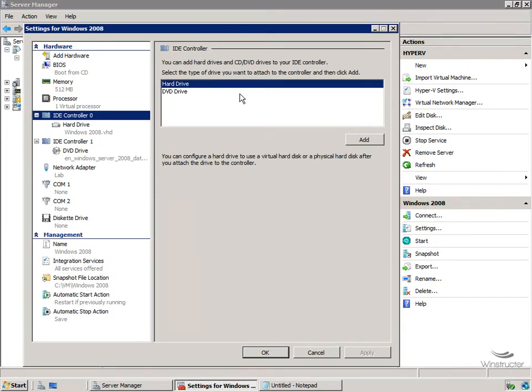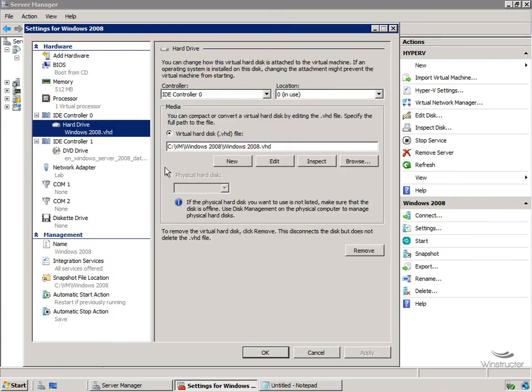Now obviously, I already have one hard drive right now, so let's take a look at that, and in a moment, we'll see how we can create and add in a second hard disk. Okay, so our hard disk here for our Windows 2008 machine has a file name of windows2008.vhd. And this is the actual hard disk for this virtual machine. It's just one single file that'll grow as we write data to the hard disk. So this hard disk is on controller 0 at location 0, and the file itself is stored on my C drive in the VM folder, Windows 2008, of course, with the hard disk file also using the same name as the name of the machine,